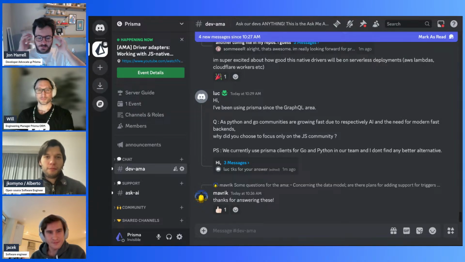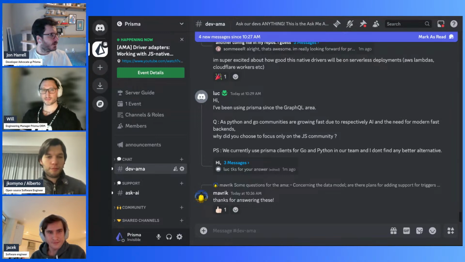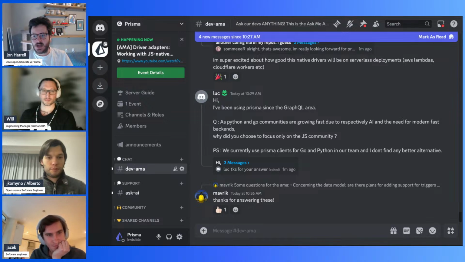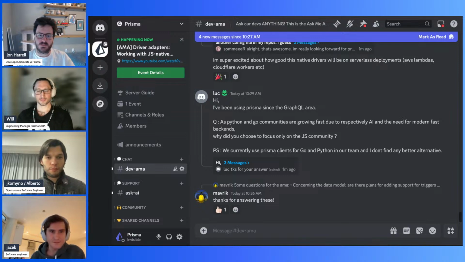And being able to contribute to the project and say, hey, Prisma doesn't work great with this kind of database. I am going to put forward this driver adapter that I think solves this issue. What do you think? I think that's going to be really great at unlocking a lot of awesome paths in